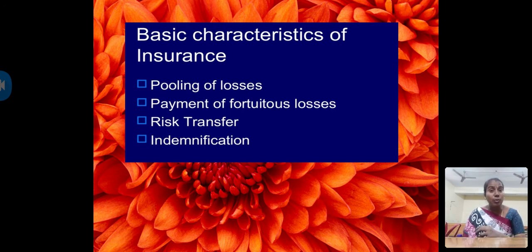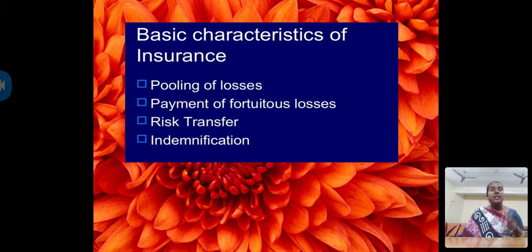It is a contribution of the 60 members of your class. It is not fair to give the entire amount to one person, because the next day or next week any other person may also be at risk. If the total amount is given to one particular person, the remaining problems would have to be forgone. So what percentage of the cash should be shared for this event? When you plan that, it comes under risk transfer.